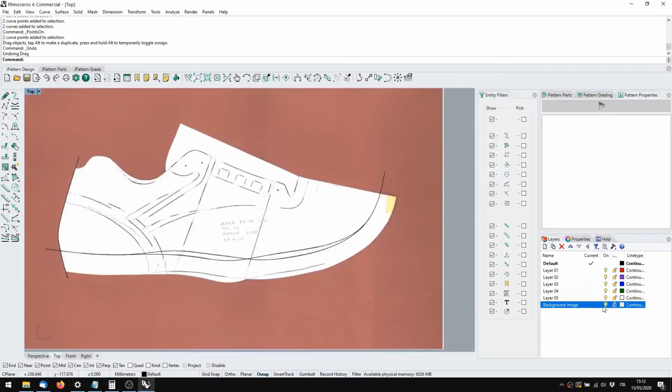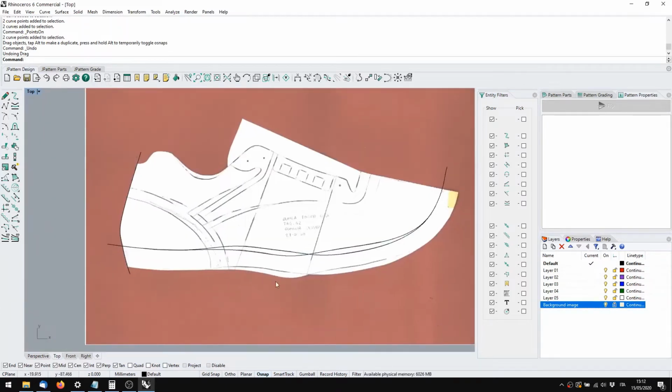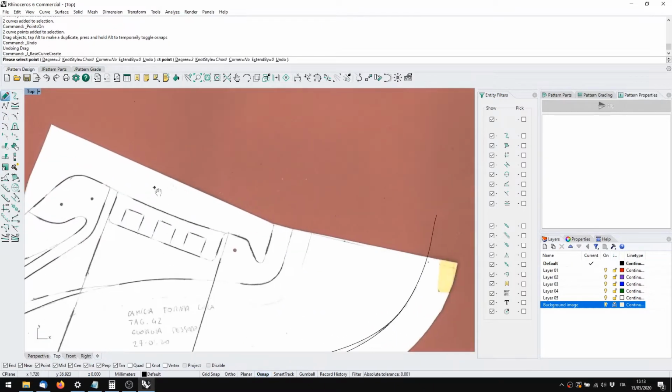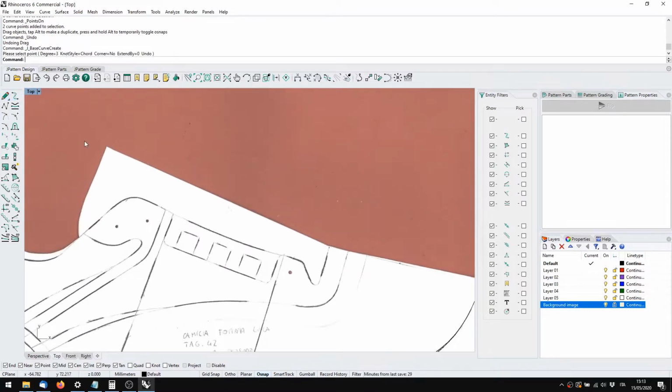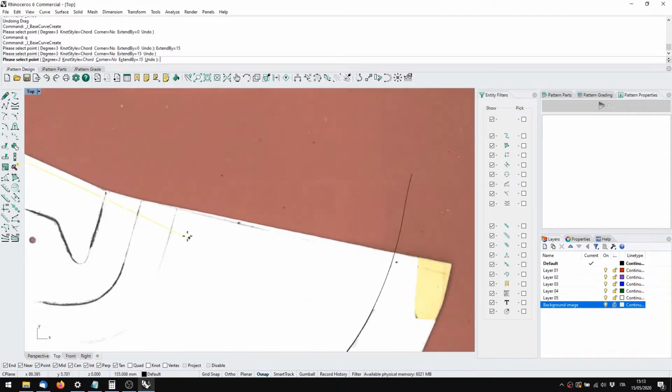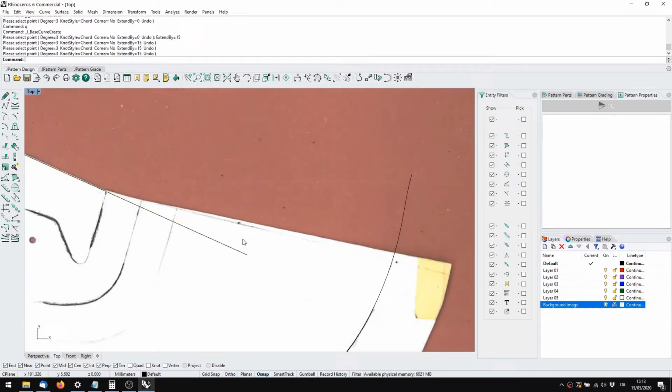So we'll highlight the curves again. Here we will make a margin, but first I will create a couple more parts, so more baselines, like this,